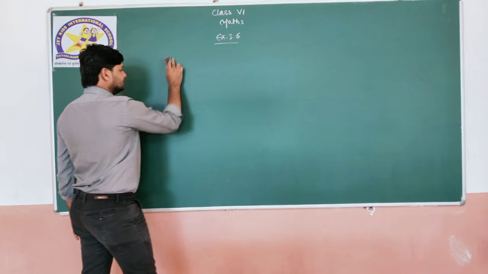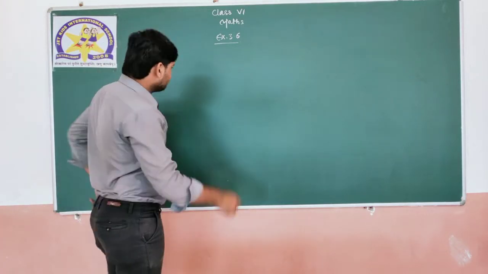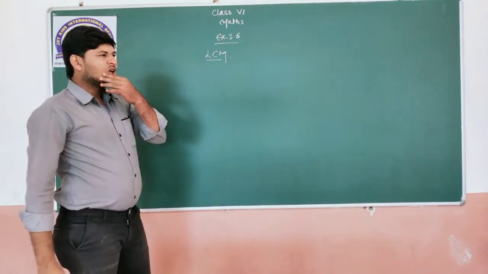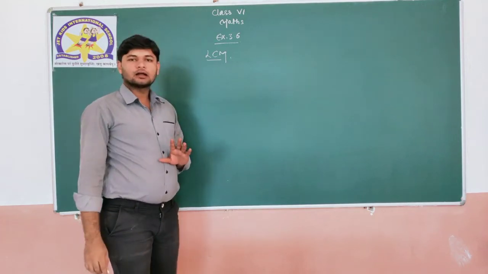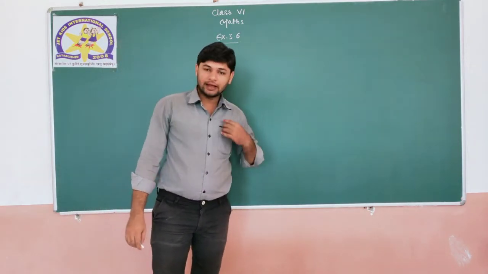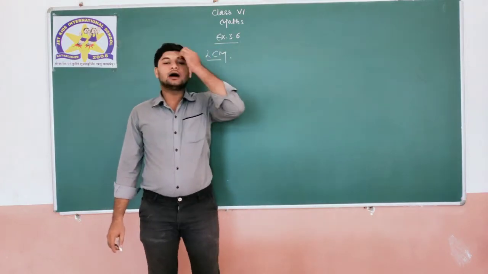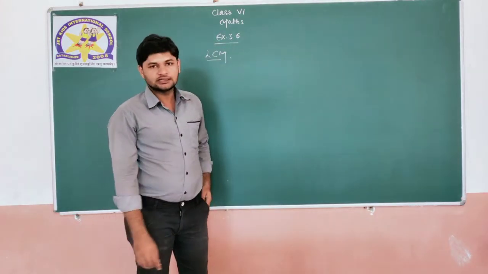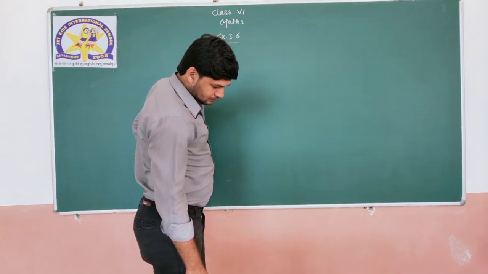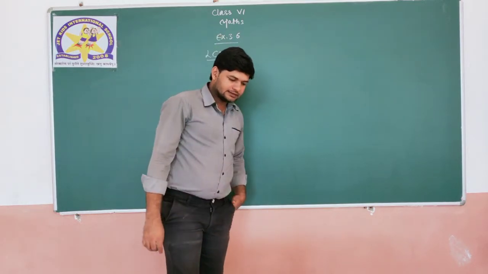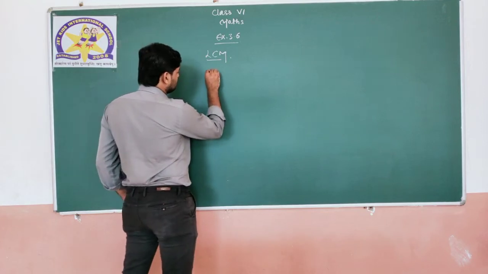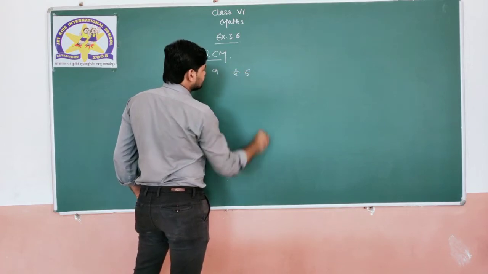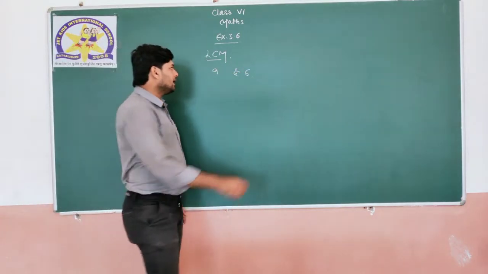Now, LCM. Now, the main thing we are going to learn is LCM. So first, we did our HCF. Now I am expecting that you are all used to HCF, how to find HCF. Now it is time for LCM. So first, if we find the LCM of, for example, 9 and 6. Now, what is meant by LCM?